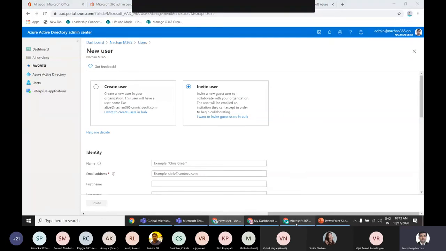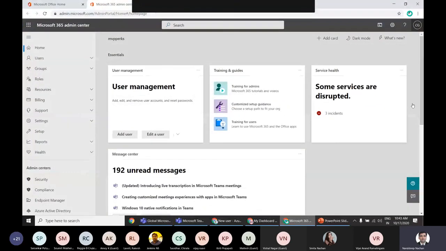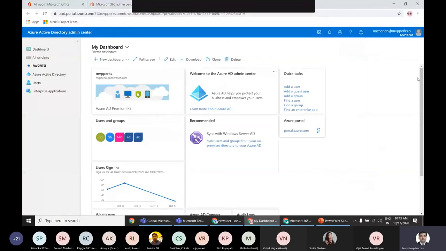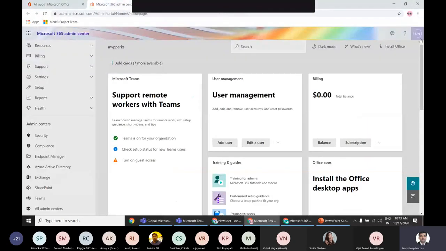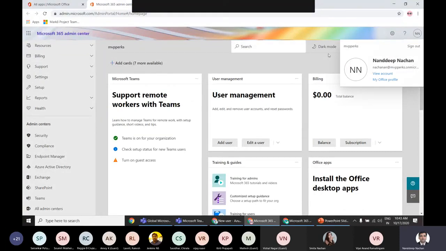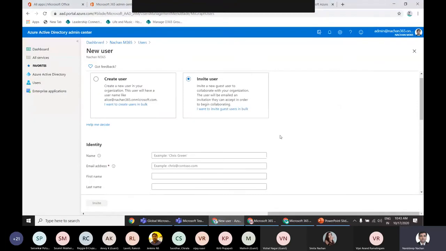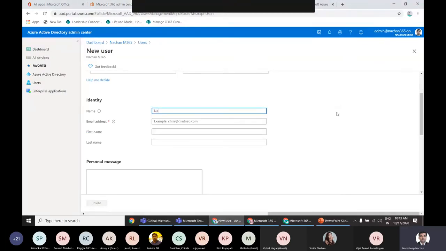And in the Fabricam, I have one user here already, but I think I did not log in with that user. Just give me one moment. I will quickly log in with that user. Okay, this is the one with which I want to log in. All right, so I will copy this. This is the user which I want to get added to our Contoso.